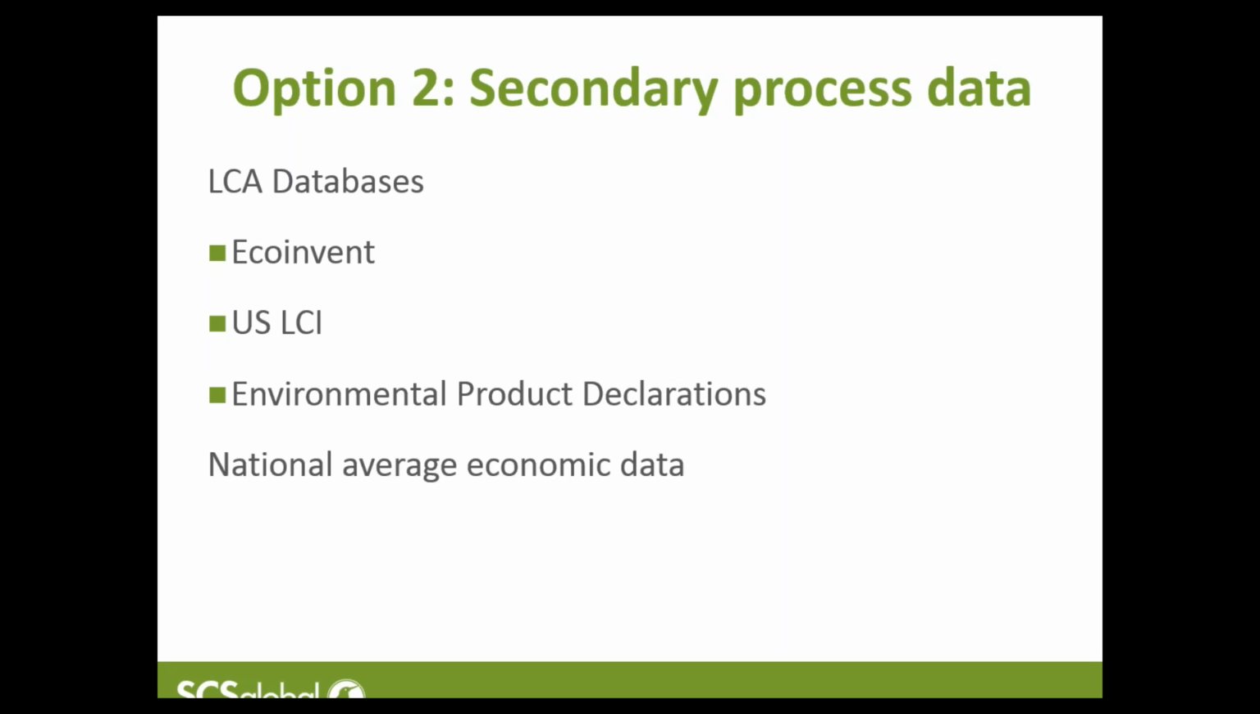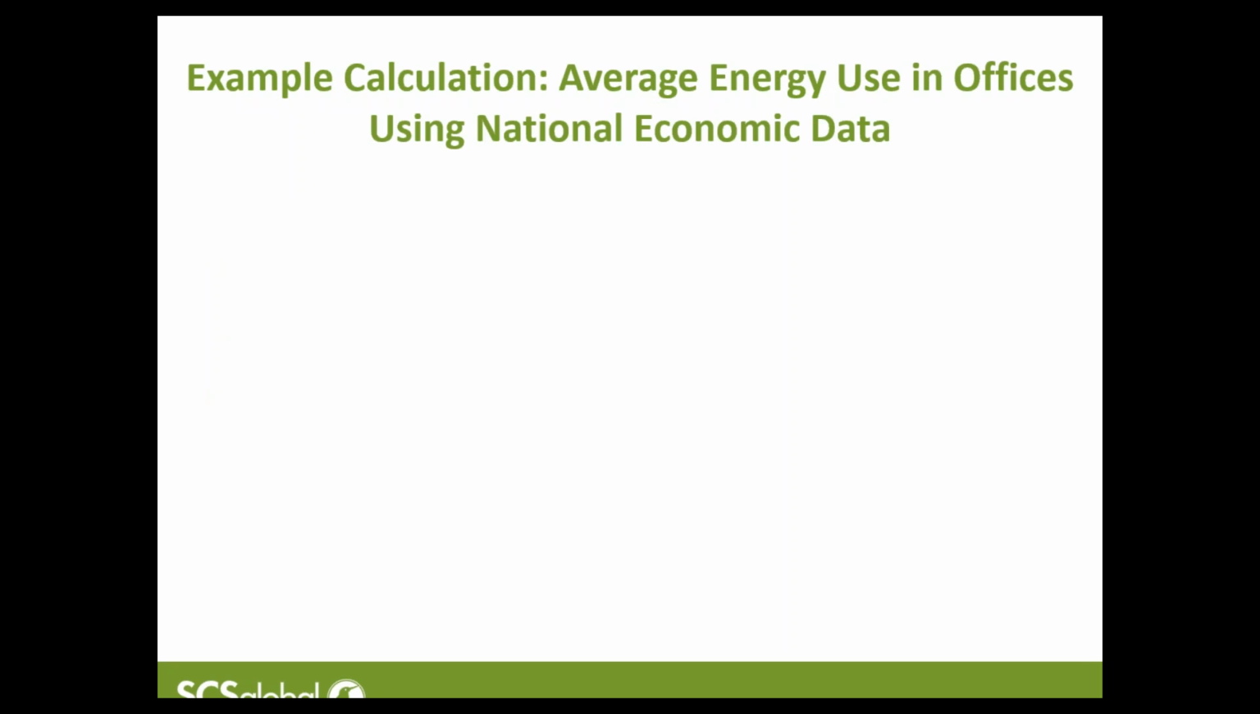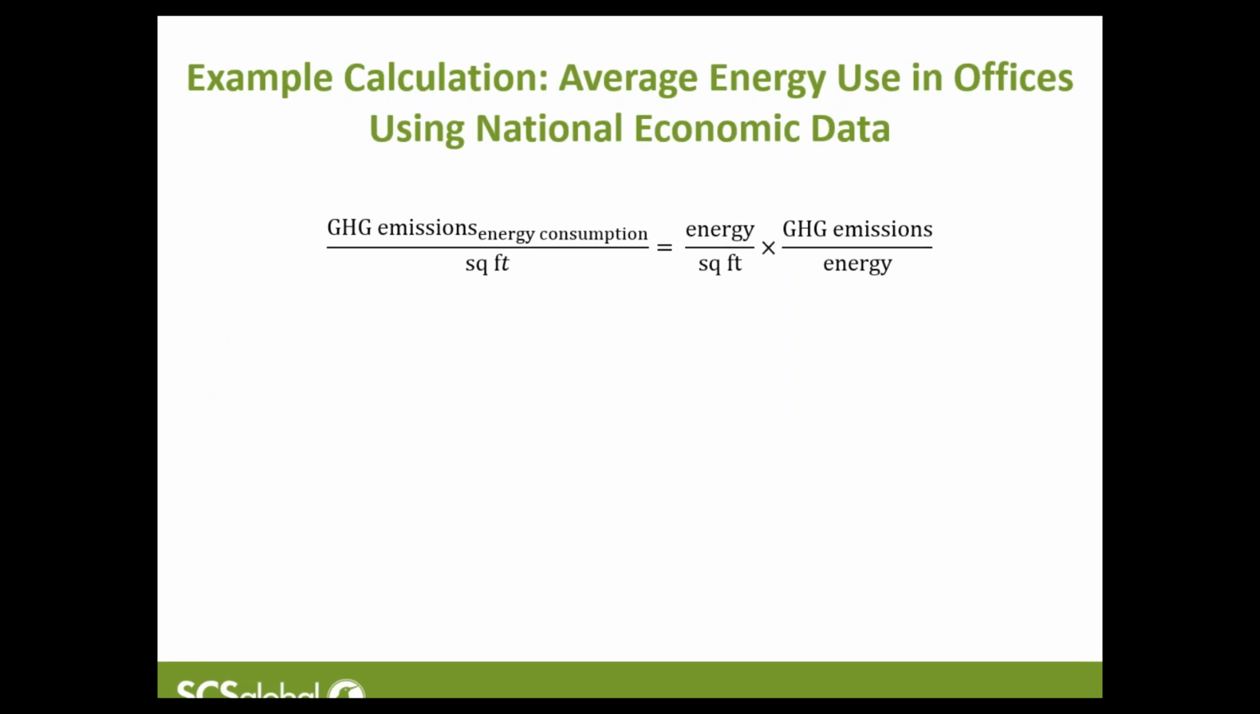You can also use things like national average economic data to begin to calculate average-level process-type spend factors. And I'll walk through an example of this on this slide. So in this specific project, we calculated the average energy use in offices using national economic data. I won't walk through the details of this equation, but essentially we were able to calculate the average greenhouse gas emissions from energy consumption per square foot of office using national average statistics on the energy used per square foot of office across the country,